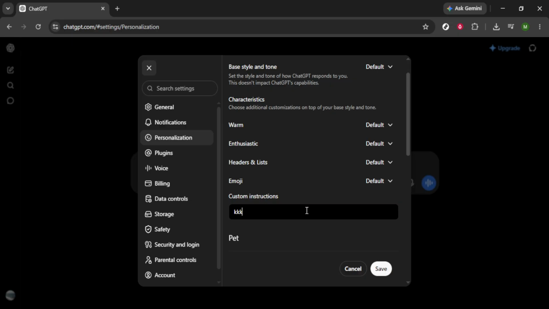So there you have it. That's how to use custom instructions in ChatGPT. It's quick, easy, and a fantastic way to ensure the answers you receive